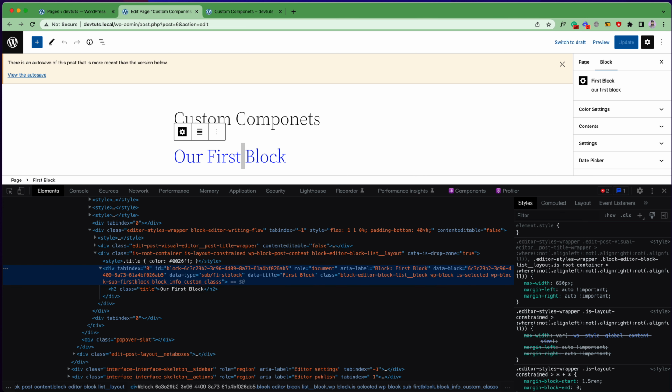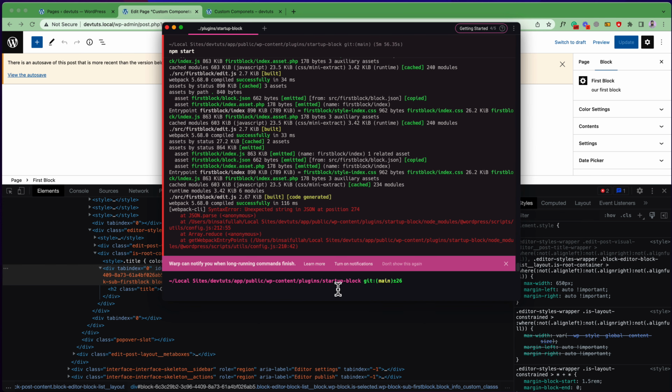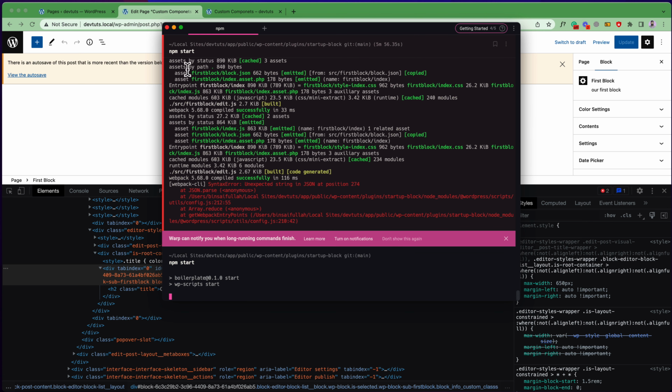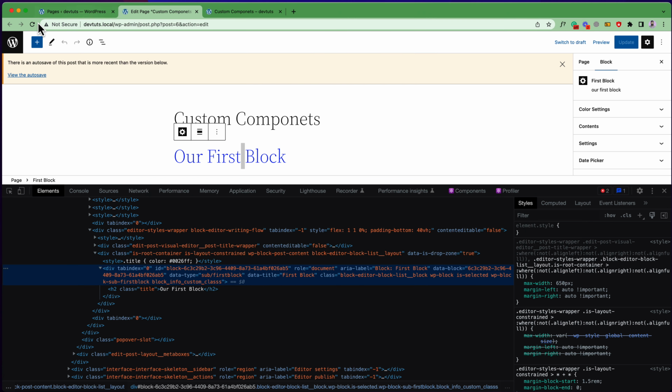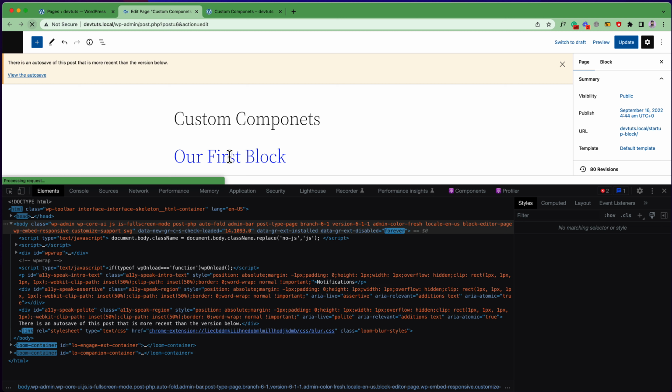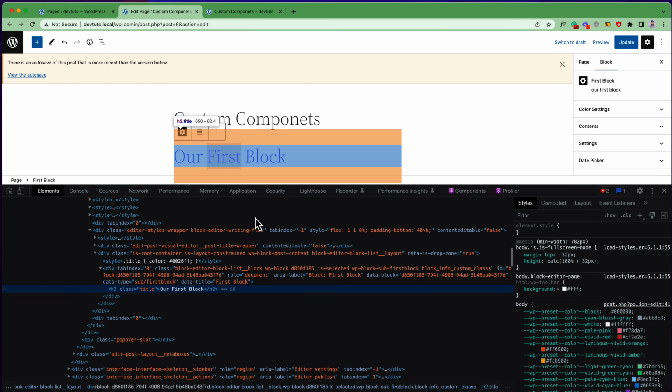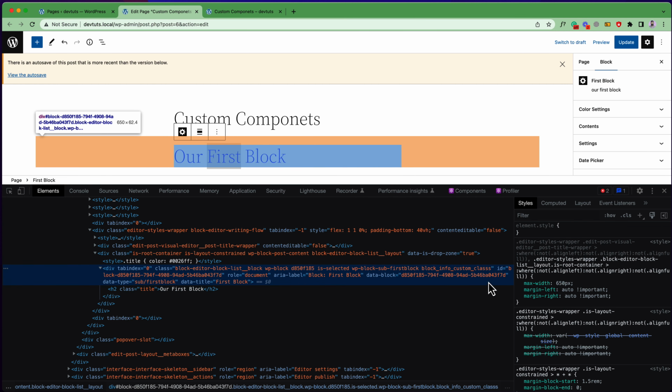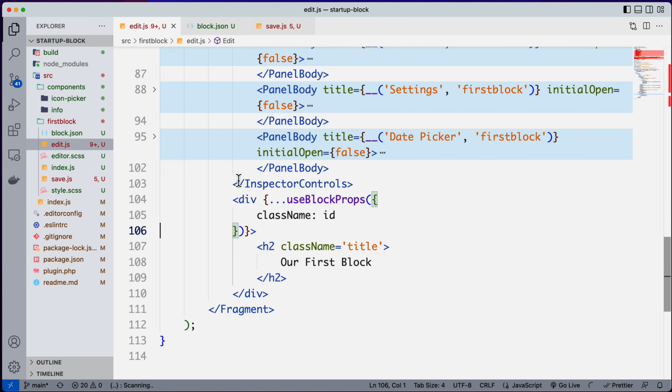Oh sorry, let us try to update and give a start and refresh. I can try to inspect to see the class. Yes, you can see there is a new class. What is the class? And this is the class. But sometimes you will get a numerical value in front of this, but you already know that a numerical value can never be a class. So we want to manipulate it